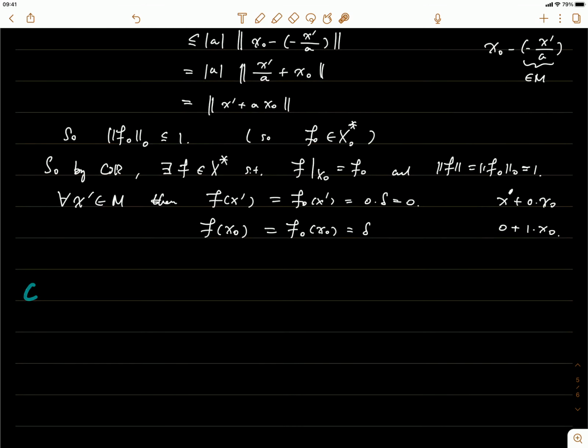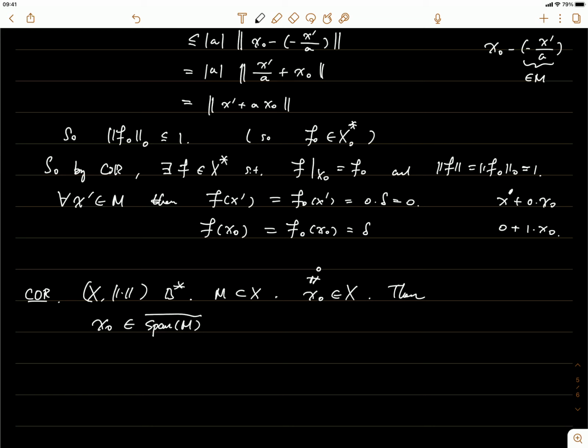So let's look at the last corollary. Suppose we have a B star space with a norm, and we have a subset M of X, not necessarily a subspace, just a subset. So we can take the span later on. And we also have some x naught in the space X, which is non-zero. Then we claim that x naught is in the closure of the span of M. So we take the span first and then take the closure of that. This x naught is in the closure of the span of M, if and only if